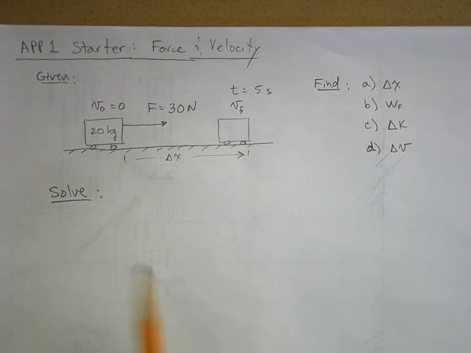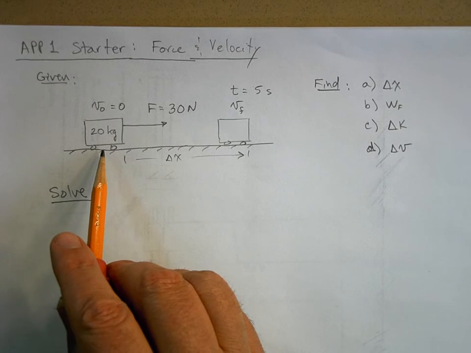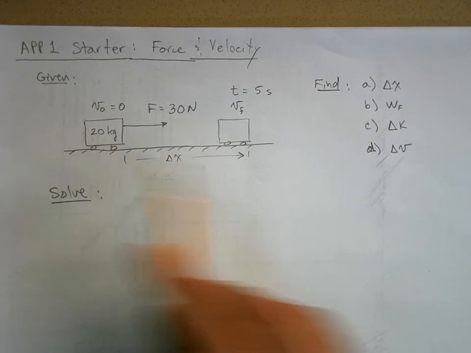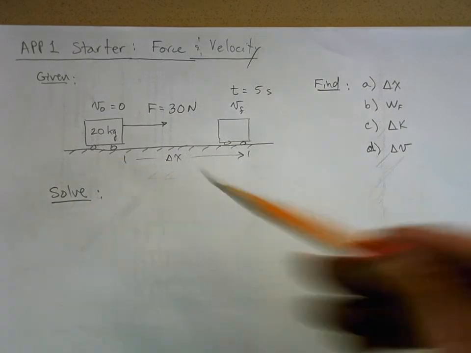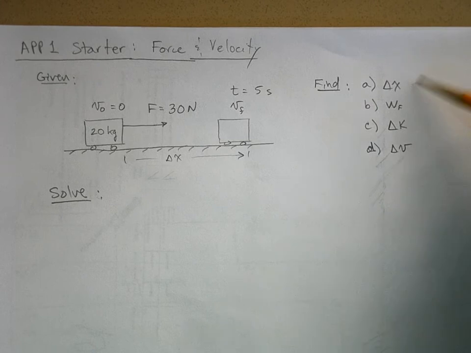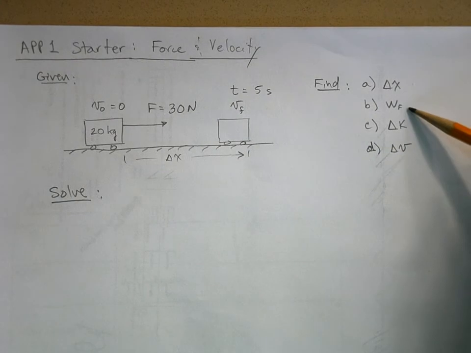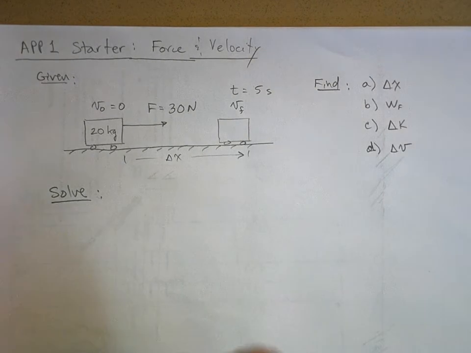Let's take a look at a situation where we've got a 30 Newton force applied to a 20 kilogram mass along a horizontal surface. There's no friction or anything. It's a pretty simple problem. And we want to know, okay, what is its horizontal displacement? What is the work done by that force? What's the change in kinetic energy? What's the change in velocity? So